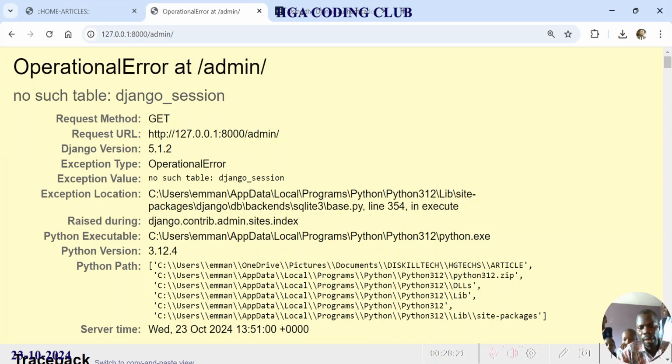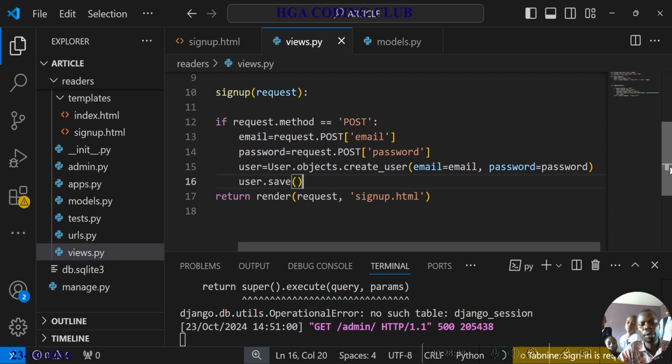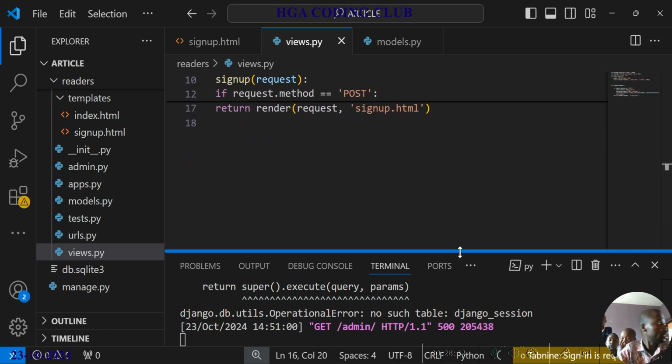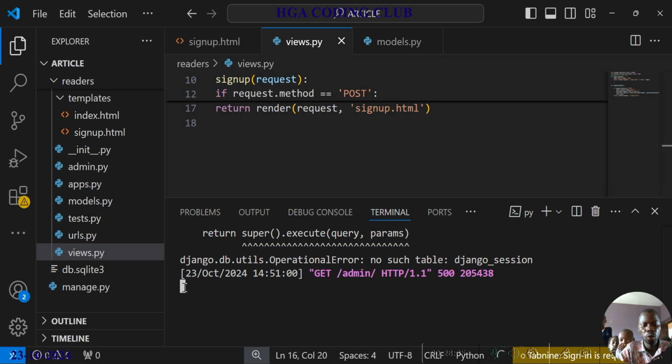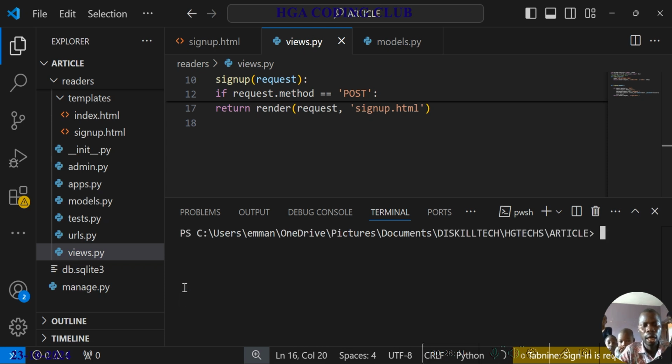Okay, now we need to do migrations for us to be able to come to this admin page. Because if we don't migrate, we won't be able to actually insert any user here. So what we need to do now is quit this server with Control C, clear the screen, and run a command. Please, I believe everybody is listening. We are going to do py manage.py